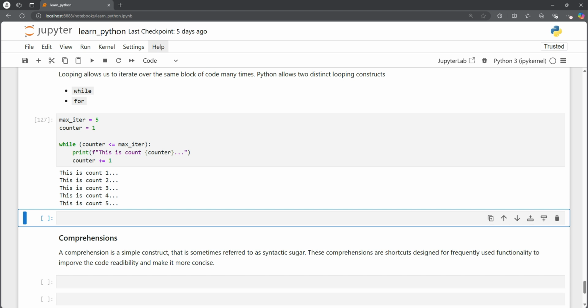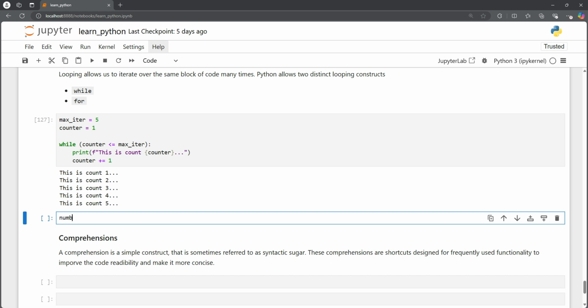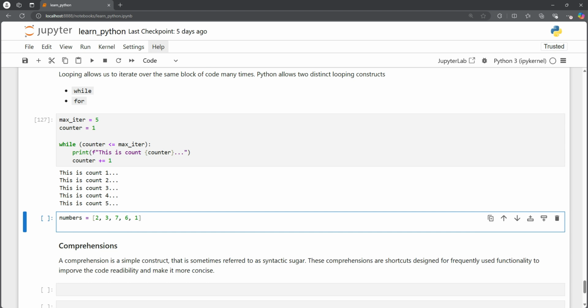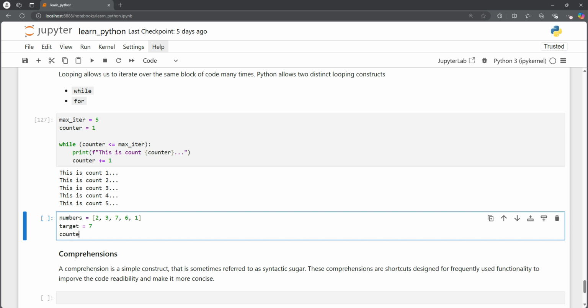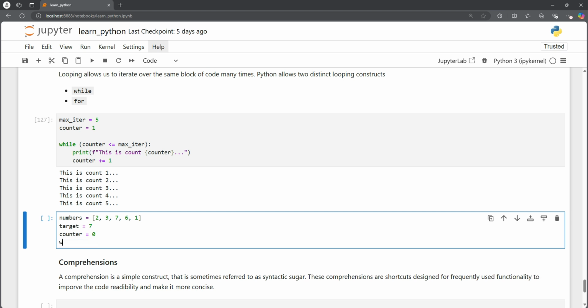Another example of while loop is that let's say we have a list of numbers. So we have some numbers and we can say 2, 3, 7, 6, and maybe 1 again. And what we want to do here, let's say we want to find a specific number from this list and we want to output the corresponding index. What we could do, we could set a target number. So our target is 7, and then we can start with counter equals to 0 because the indices start from 0,